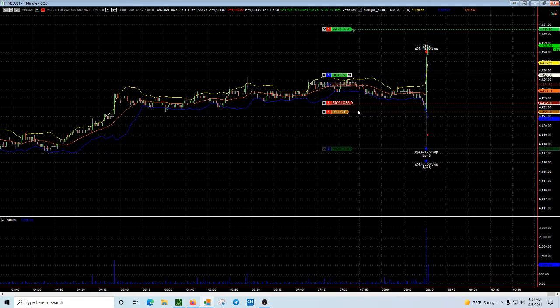Now, non-farm payrolls is, I believe, easily the second most volatility-driven data that comes out, aside from the Fed interest rate.